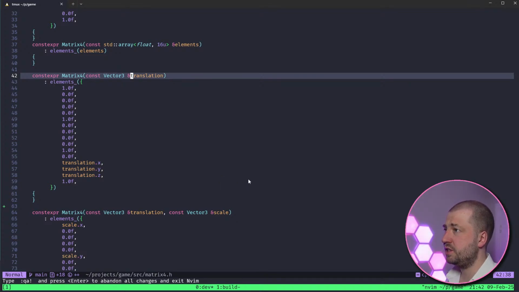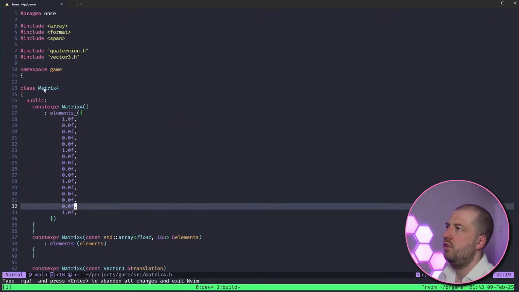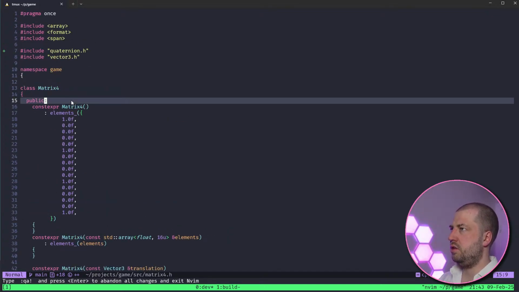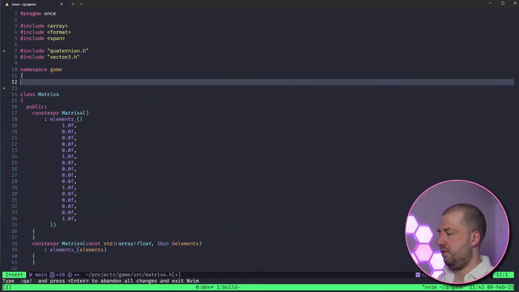So we have two choices. You either do it through static members, so I have like a make translate and a make rotation, or we use something called tag dispatch, which basically adds a special extra member on the end to disambiguate them. I don't want to go to the static method because I feel that's adding an additional API and we've not used it anywhere else. So I feel like it's kind of patching around the problem. So what I will probably do is have a